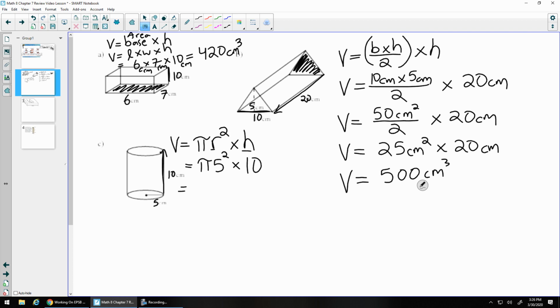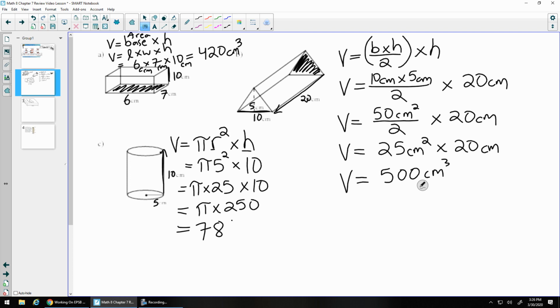So let's simplify this out. Pi times by 5 squared is 25. 5 times 5 is 25 times by 10. You'll now probably need to use a calculator. You could just say pi times by, well, 25 times by 10 is 250. So I know it's 250 times by pi. If I make an estimate, pi is about 3. 3 times by 25 is 75. So 3 times 250 would be 750. But I can put this into my calculator. 3.14 times by 250 equals